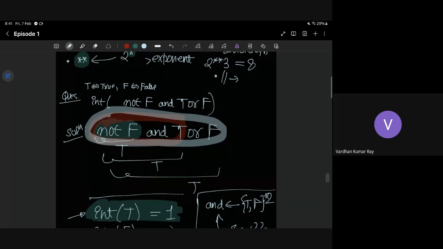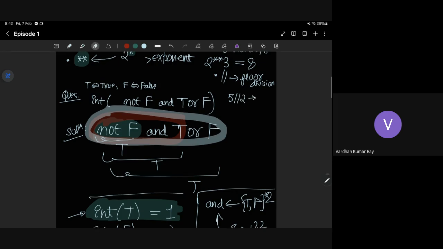Yes. So double slash just means floor division. If I had written 5 slash 2, I should get 2.5, right? But if I had written 5 double slash 2, I will get just 2. So whatever is the largest possible integer which is less than the actual division, I just print that.